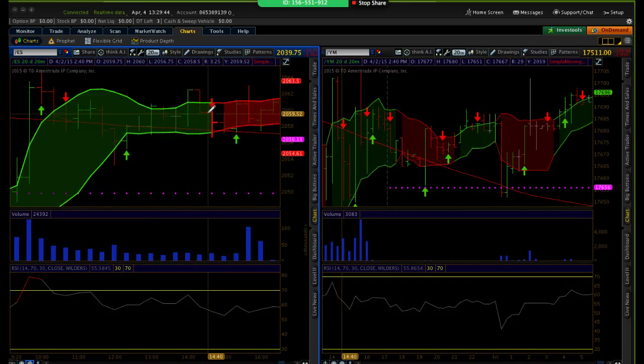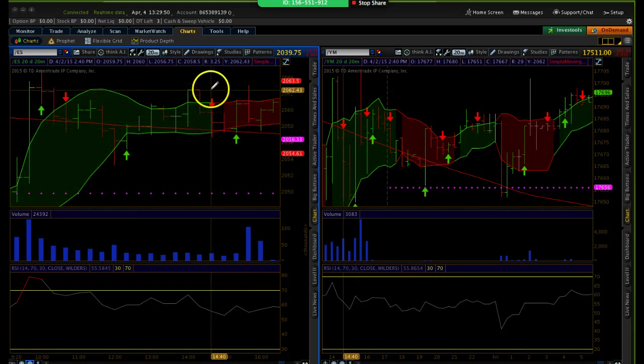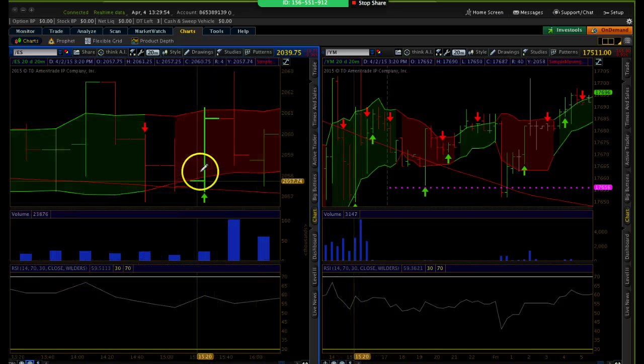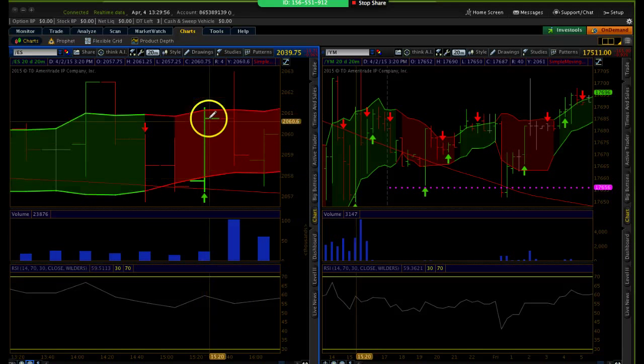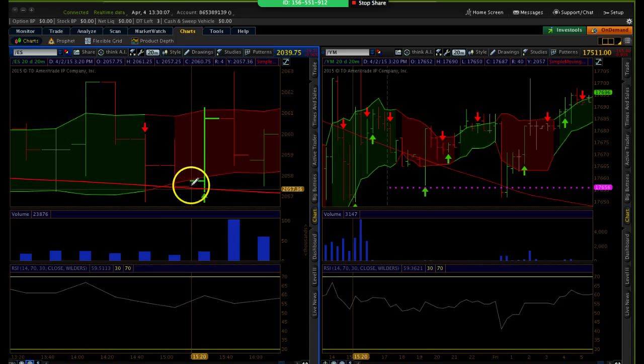You'll see a lot of these where it'll open up. I don't know if I can zoom in on this one. Just like we're here, we don't know how far the candle will actually go. We just know that it's going to go either above here or it's going to be below here. And what we want is a strike that's going to be as close to this close as possible. So this close at about 20,